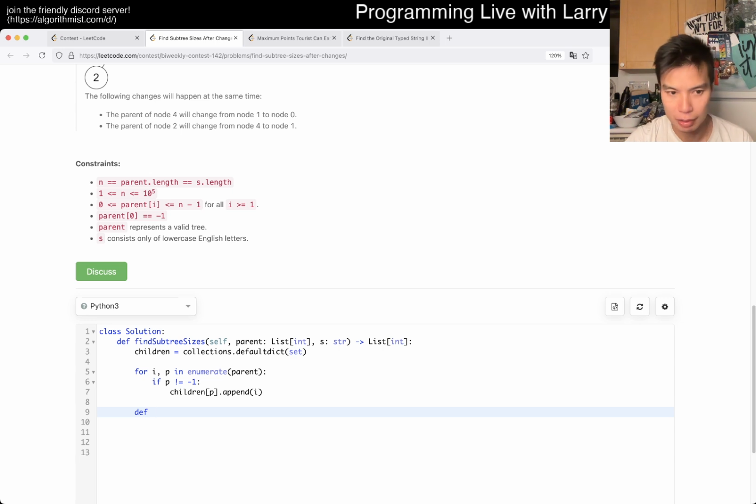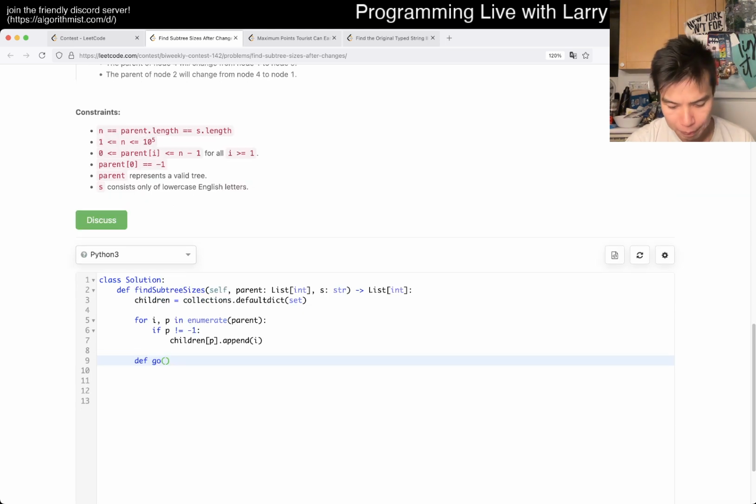Okay, so now we're good, and then we have a depth-first search, or just a recursive thing, right? Let's just go. Don't think. Okay, and then we have the current node, and the last seen type thing.